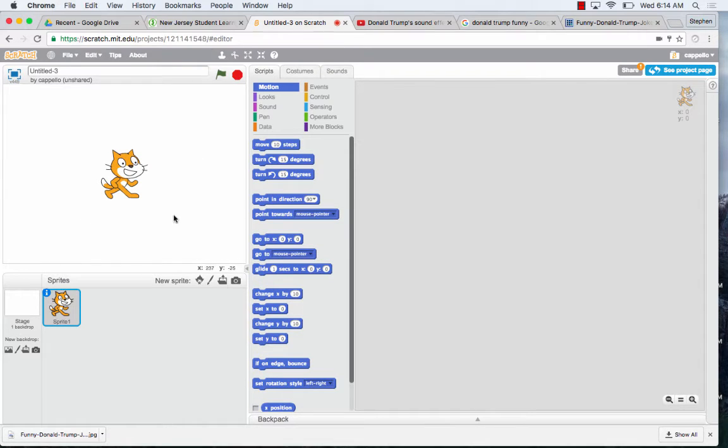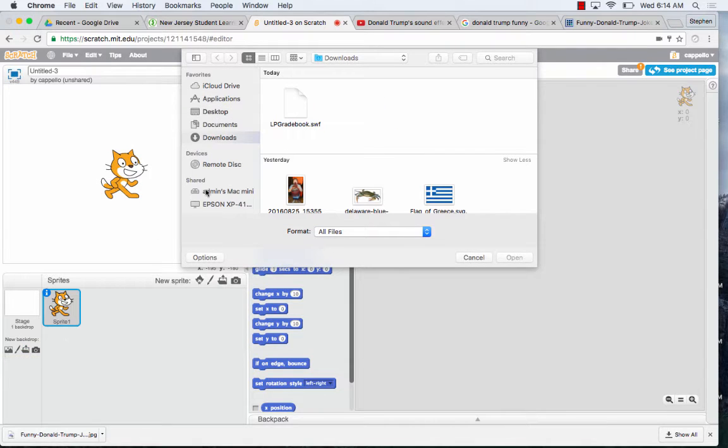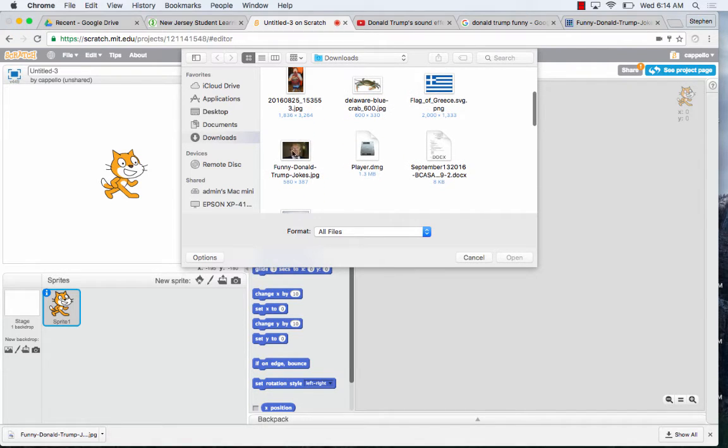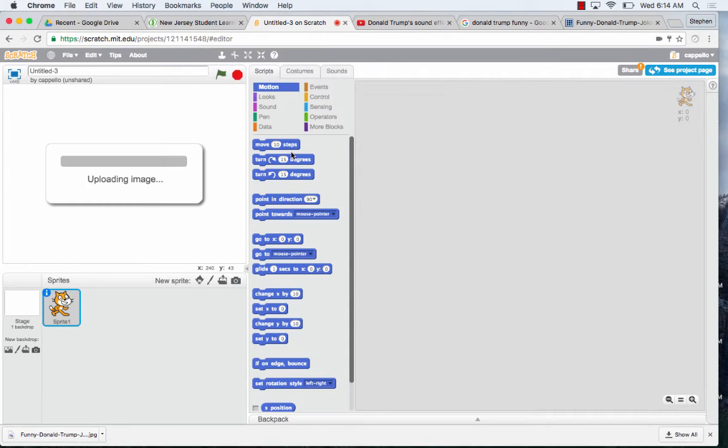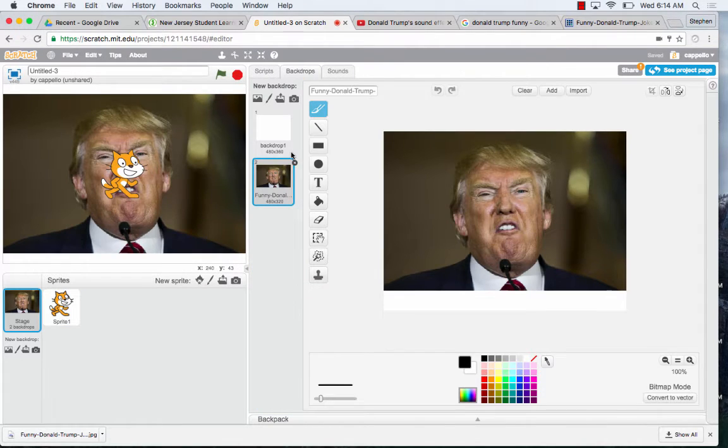Alright, so we have to put the image on the background. If you've never done this before, I'll move my mouse to make it active. We're working down in this area right here. If we click on choose background, we actually want to use the one that's the folder pointing up, and we want to upload the backdrop from a file. So I click on that, and then I point to the image that I have saved that we're going to use for this project. So double click on it,